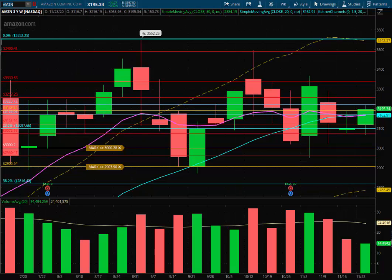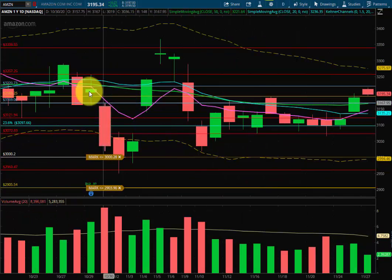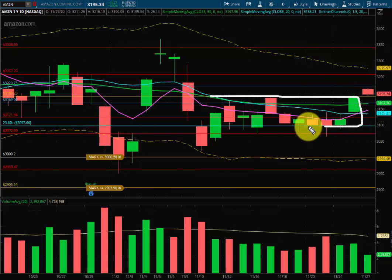But basically, Amazon had consolidated in this tight box for a while. Super boring chart, if I'm being honest with you guys. If you can bear with this for a second, you'll see exactly why I like it. Went in this box for a while, and then last week showed a little bit of strength to break out of that. And what that really tells me is that if it stays above that yellow line at